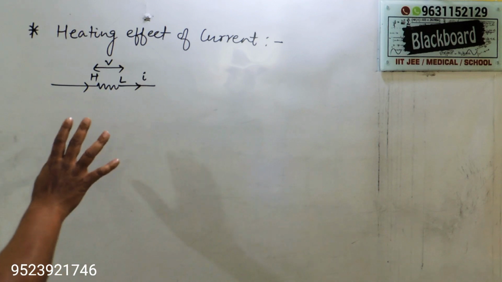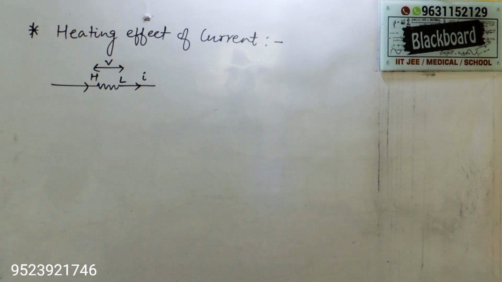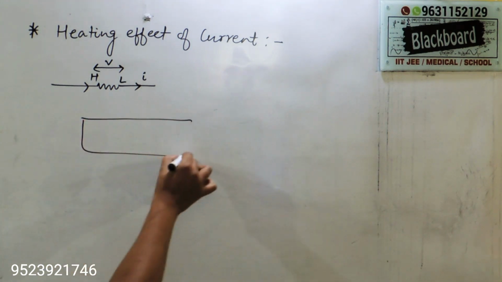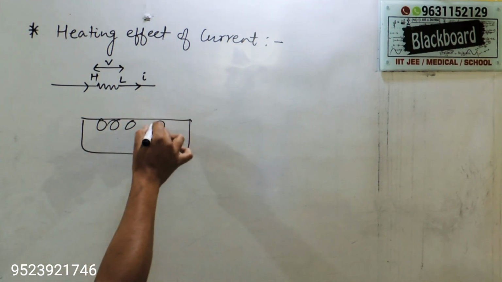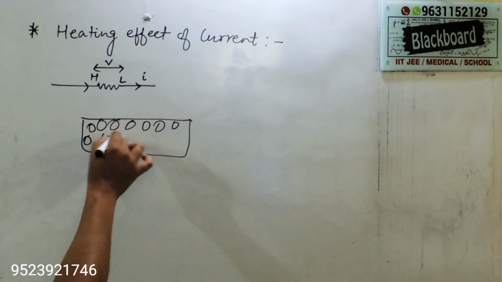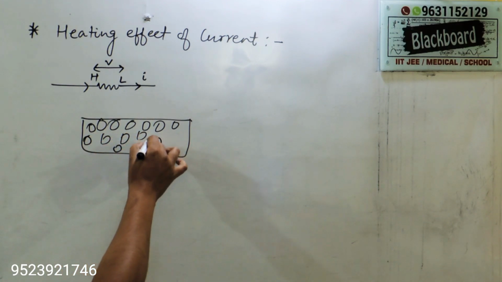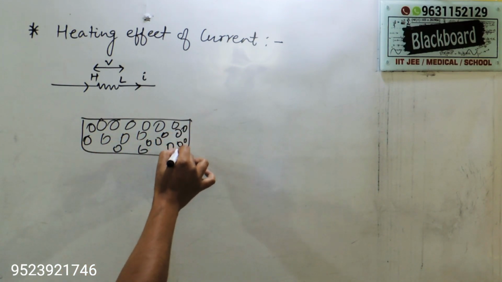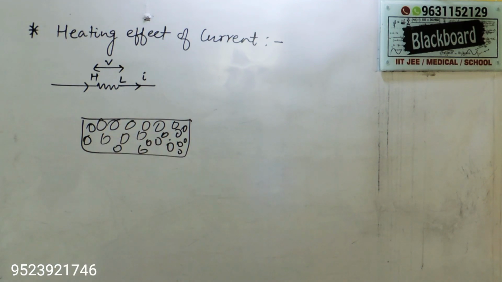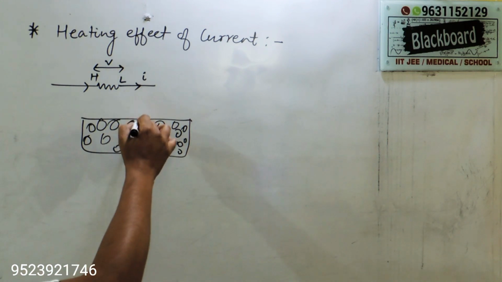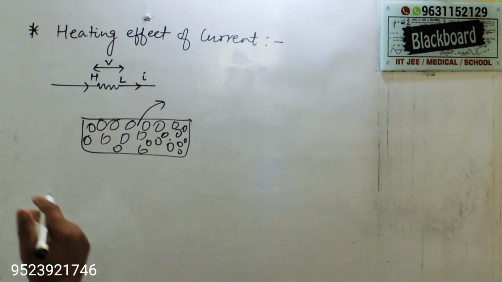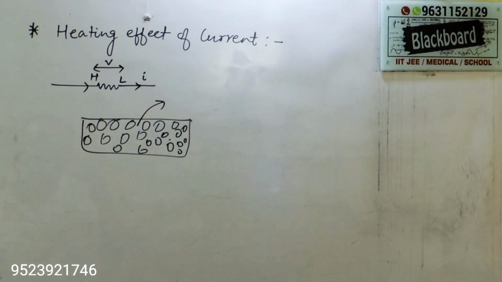Here the electrical energy is absorbed by the conductor through collision between the atomic lattices. Let this be the conductor and this be your atomic lattice. This electrical energy is absorbed by the atomic lattice of the conductor, through collisions between the atomic lattice and the charge carriers, causing its temperature to rise. If temperature rises, this effect is called Joule's effect of heating.